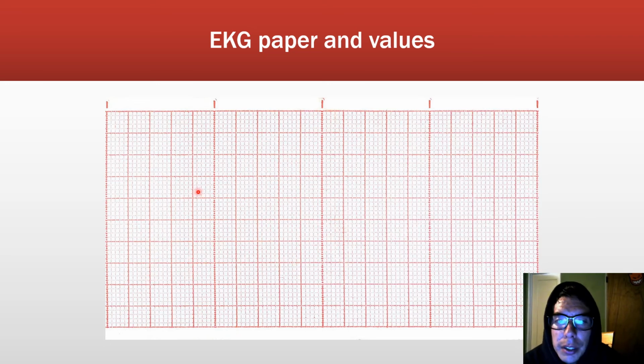Another way to do it, since we're talking about it, might as well mention how to count heart rates on these, is you want to look for the biggest spike and see if it lines up with the dark line here. From there you count how many dark lines, and in order, it starts out at 300, then it goes to 150, I believe. 300, 150, yeah, and then 100,